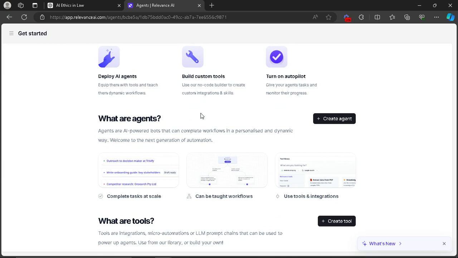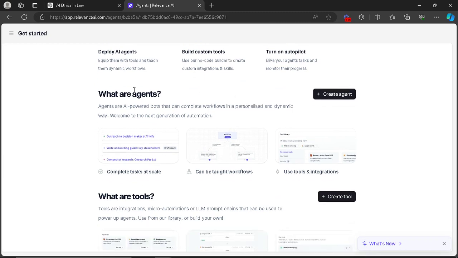So what we're going to be doing with this tool today is building an AI research tool. There's a lot you can do with this platform. Literally anything that you can think of, you can build it out on this platform. It's that amazing, right? So go ahead and sign up for an account. It's free to sign up, and once you sign up, it's going to bring you to